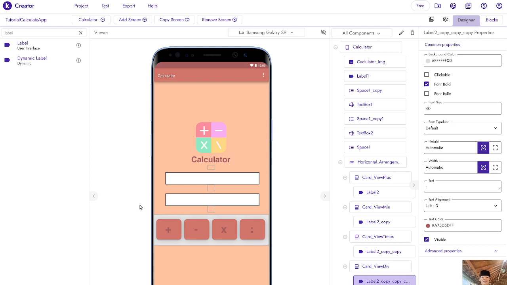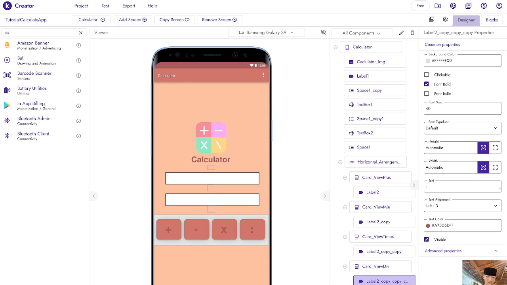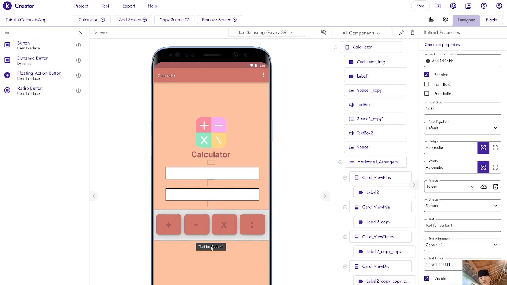Second thing that we're going to do is put some button. It's going to be a delete button here. And next thing that we're going to do, of course, we're going to change the height and width.